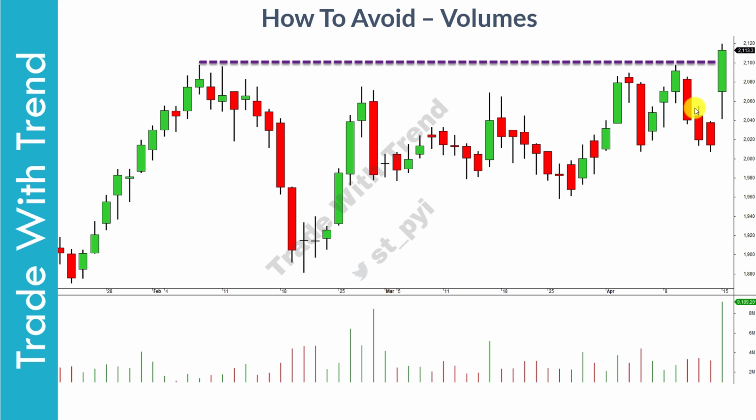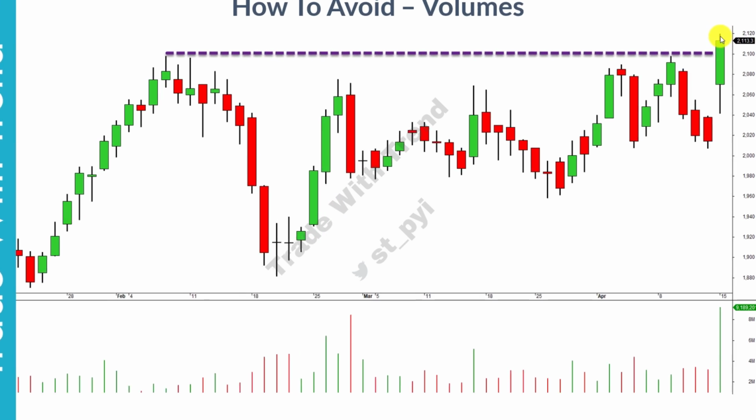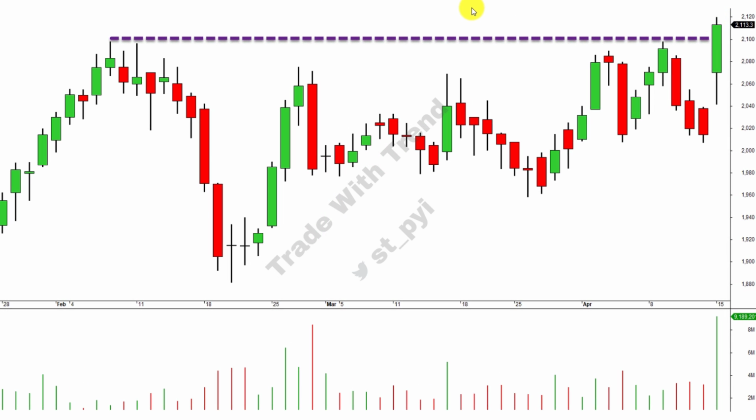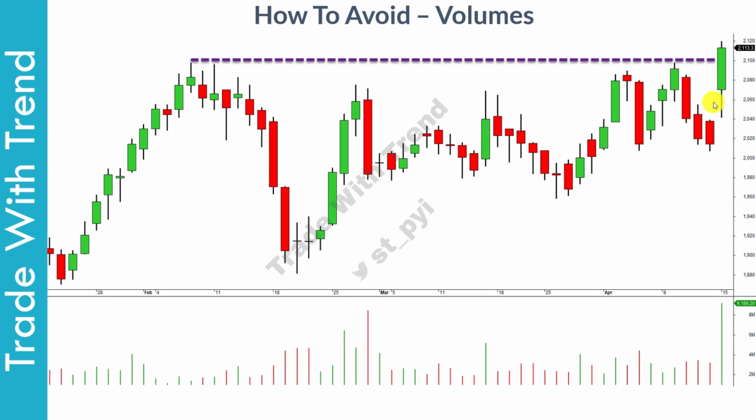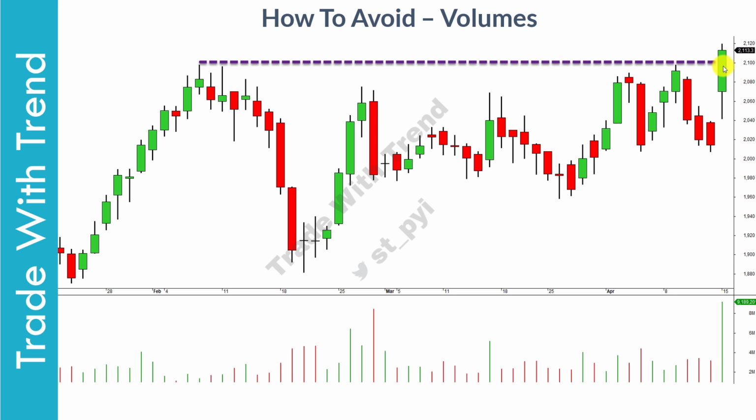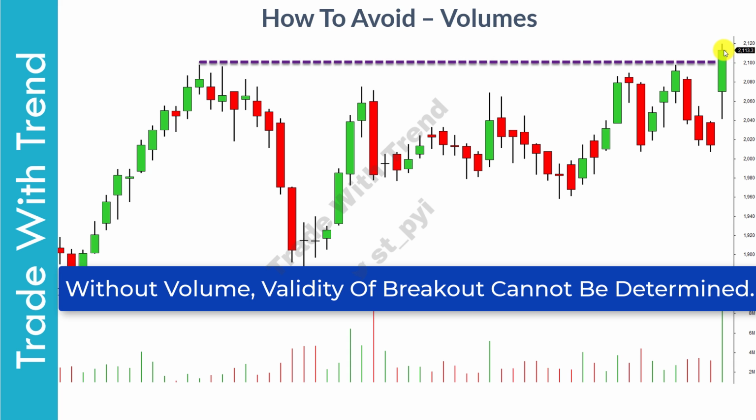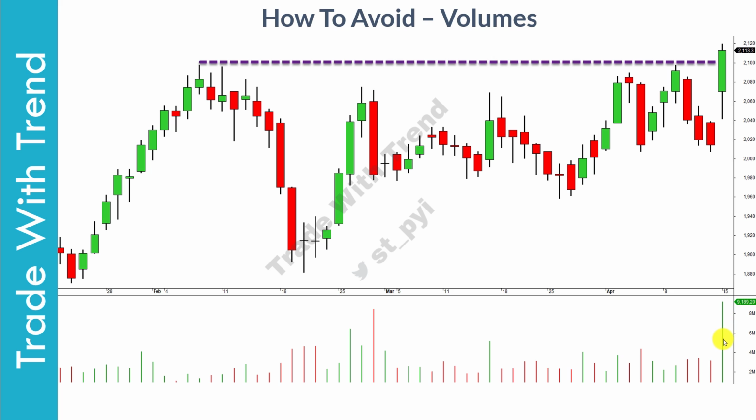So now take a look at this chart. Again, this is an extremely strong candle. Long tail, closing is near the high point of the day. This was the same example that we saw in the strength of candle section, but look at the breakout volume here. Volume is clearly higher than the most recent sessions that are visible on the chart. In fact, over the last 3 months, this is the highest volume that has come in on a single trading session, and then see how price is moving higher. So I'll be more interested in trading such structures, because not only is the candle strong, with a clear sign of demand visible, but it is also backed by good volume activity.